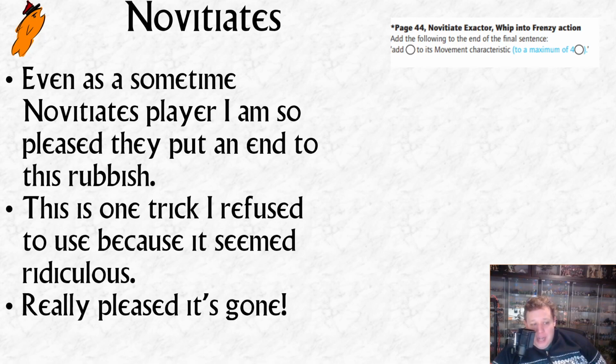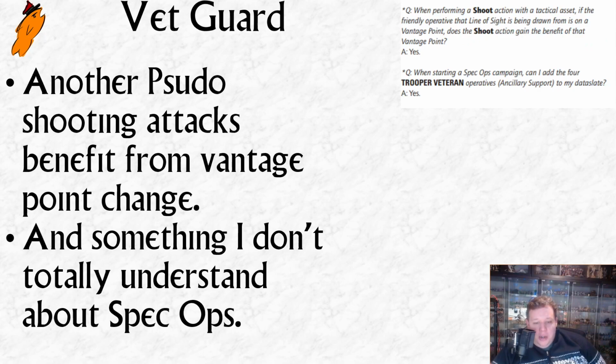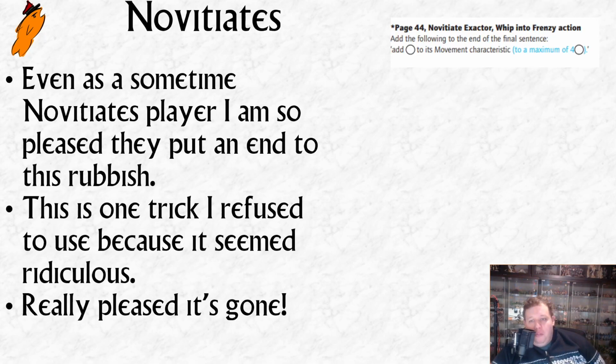For the avoidance of doubt, you can still get a 5 circle charge, right? This rule does not take that away. It means that you can modify your movement from 3 to 4 by whipping, and then charging still gives you the extra circle of move. So you do still get a 5 circle charge. What you've lost is the 5 circle normal move or the 6 circle charge.